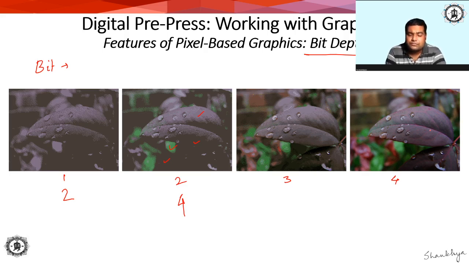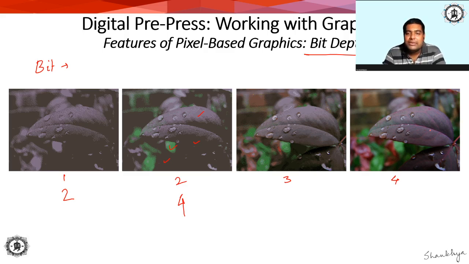Bit depth is, if I want to formally define it, the number of bits that is required to represent a pixel. In this case, pixel means one unit of a digital image. So bit depth, formally defined, is the number of bits required to represent one pixel. Conversely, you can also say it is the amount of memory required to